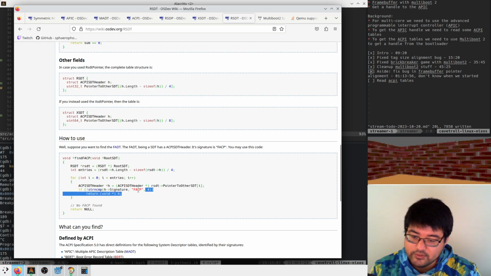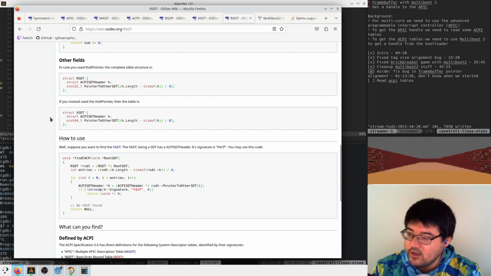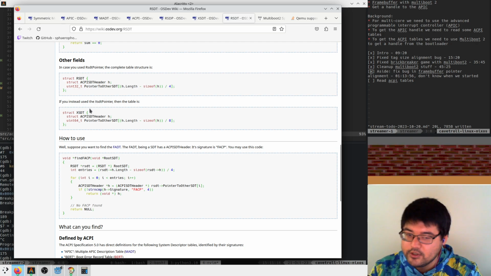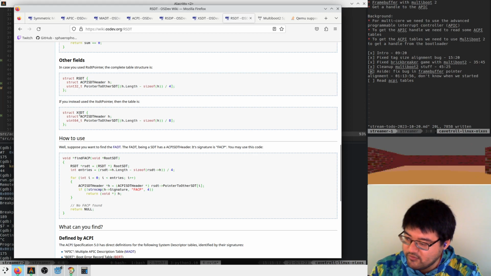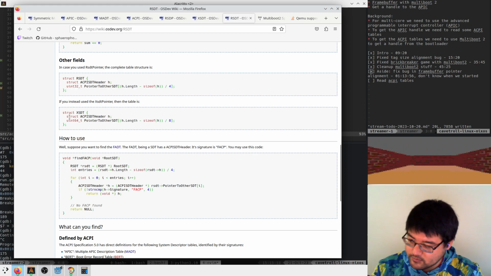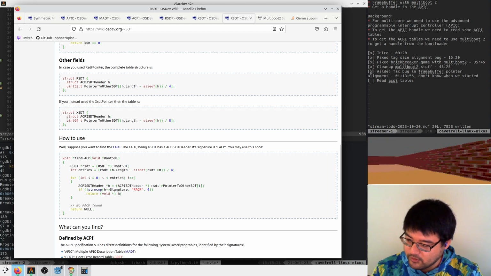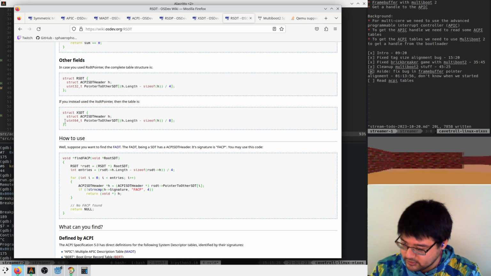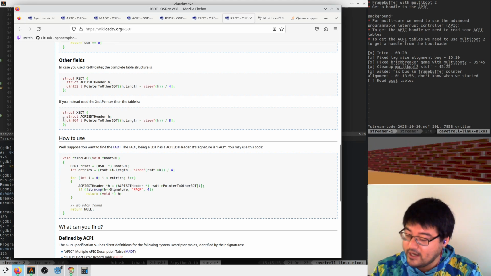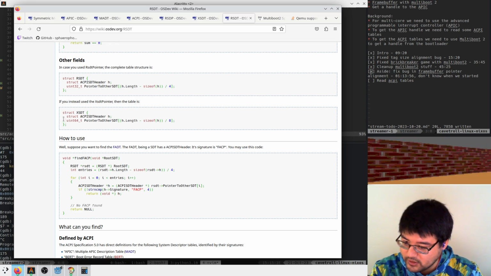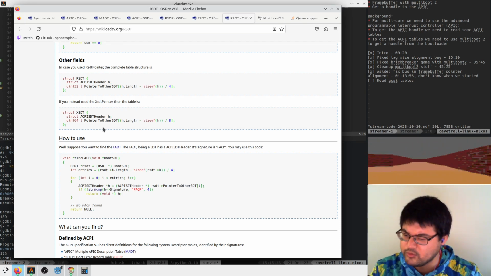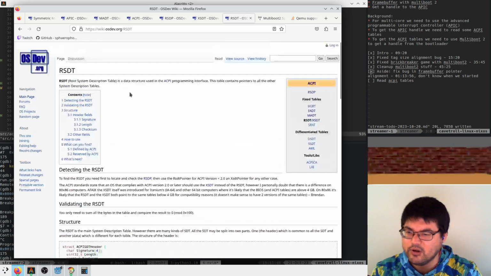We're going to try to get the signature from each of these guys. What am I working on? Okay, so there's a little bit of a rabbit hole here. We're trying to enable multi-core support. And to enable multi-core support, we need to get a handle to an advanced programmable interrupt controller. And to get the handle, we need to parse these ACPI tables, which are a cross-vendor standard. I don't know whose it is.